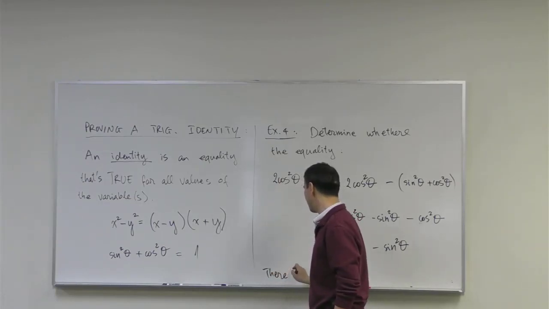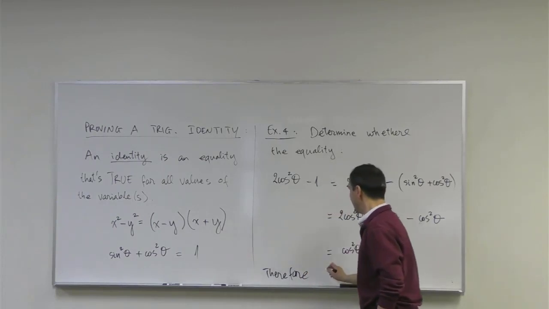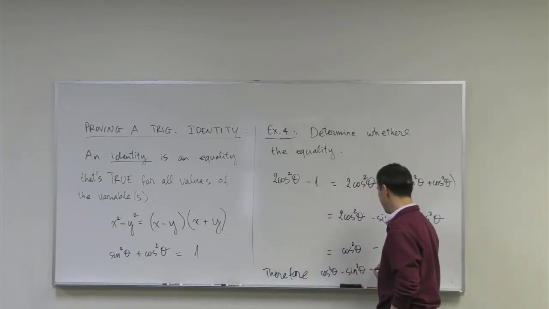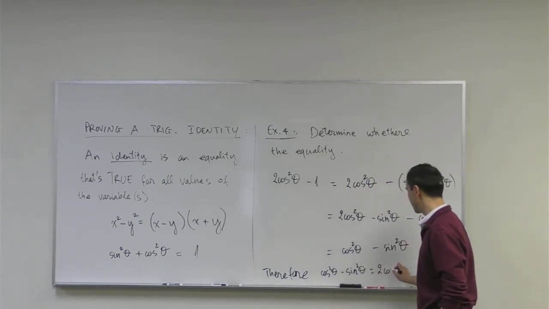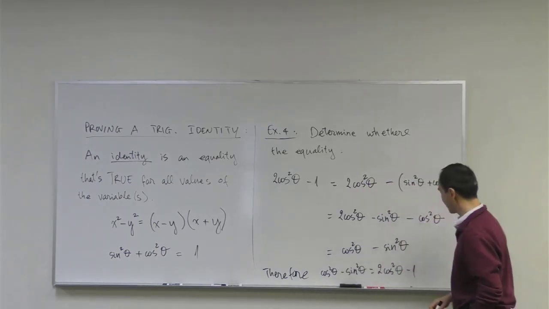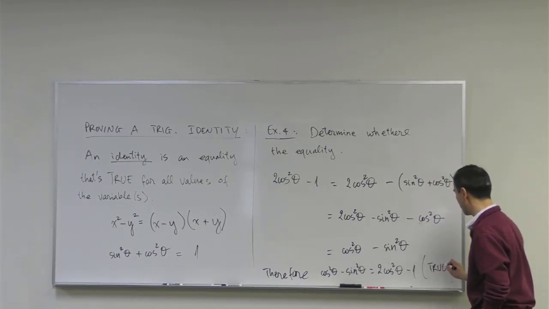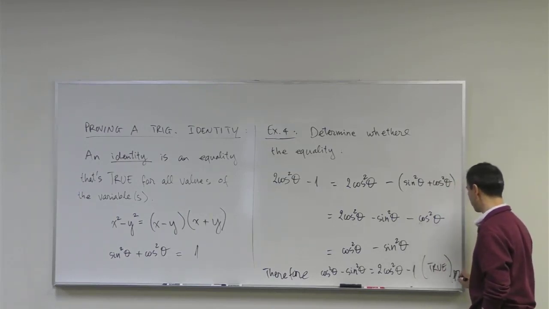That's right. Therefore, cosine squared of theta minus sine squared of theta equals 2 cosine squared theta minus 1. Right? And that's true, right? See what I mean? And also just proving it